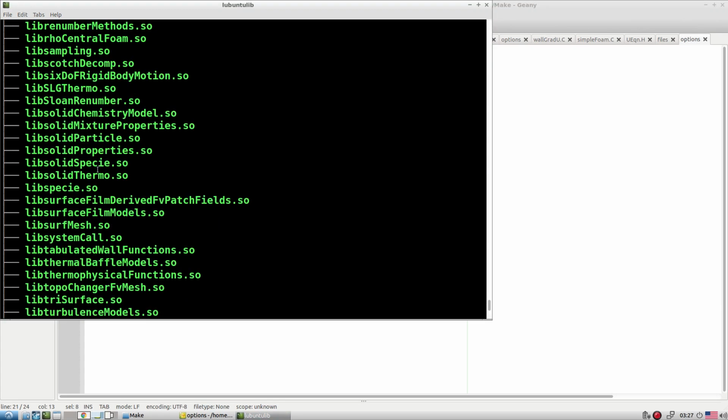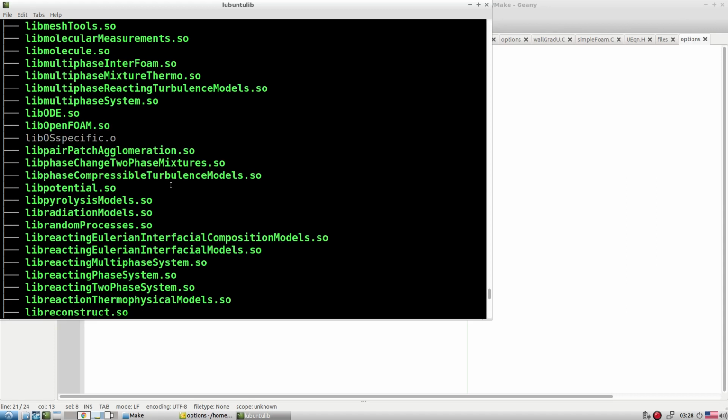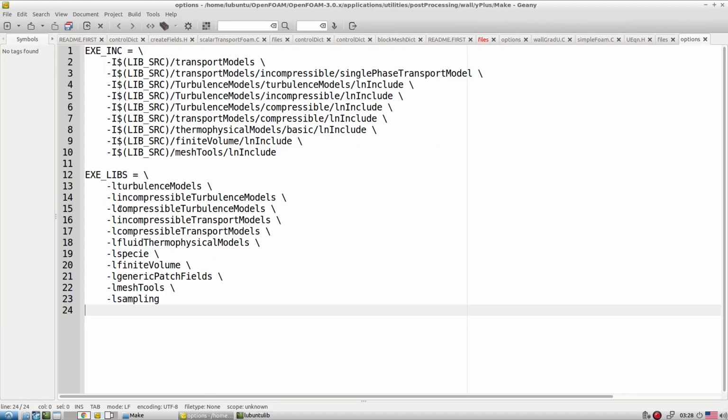So all that is here, libmeshTools.so. So this is a dynamically linked library. Okay, .so means that while any application utility is executed, at that point of time only it is going to link. Okay, like libOpenFOAM.so. Okay, so all these libraries, whatever we want to link, we have to write down here. So sometimes what happens when we are developing our own solver, we are at the beginning and we don't know